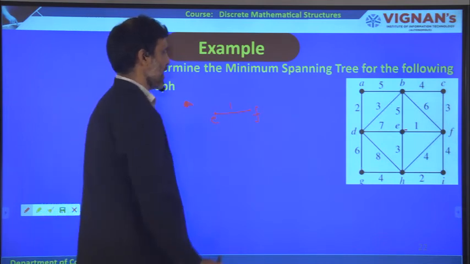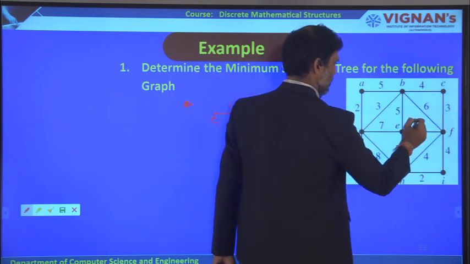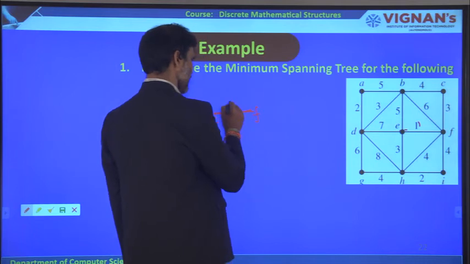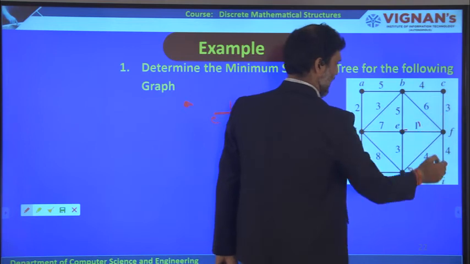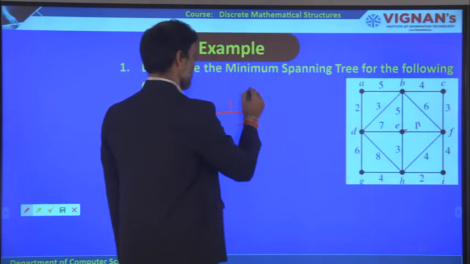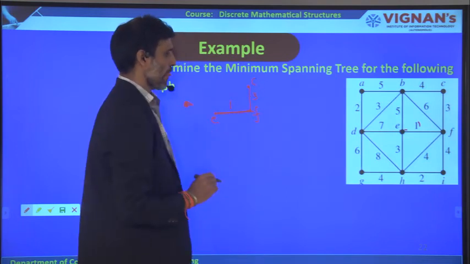And then what are the adjacent vertices? F to E, F to C, D to C, but I am going to take this one here. Or I can go E to F, you can start like this. Now for F, what are the adjacent vertices? C and I, but of these two, this particular edge to C consists of the minimum. So therefore you can take C, you will get it equal to 3.